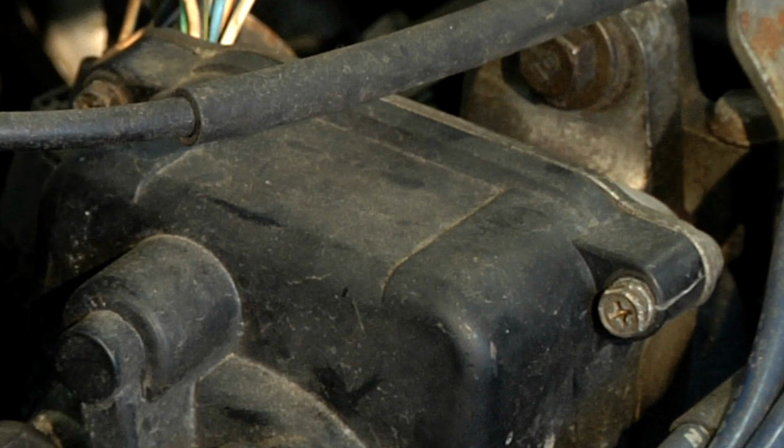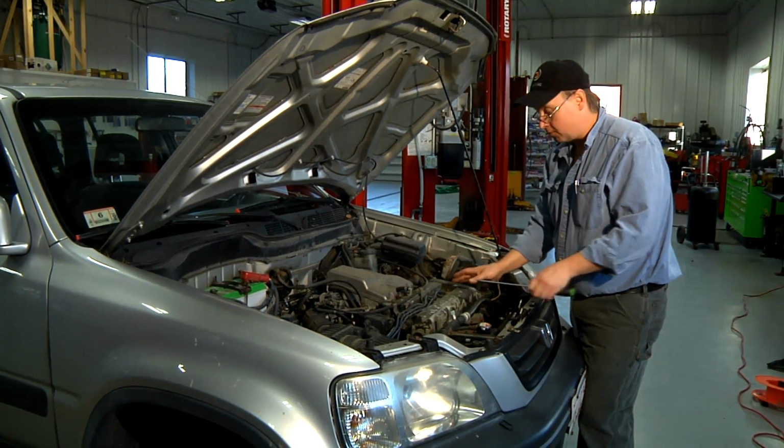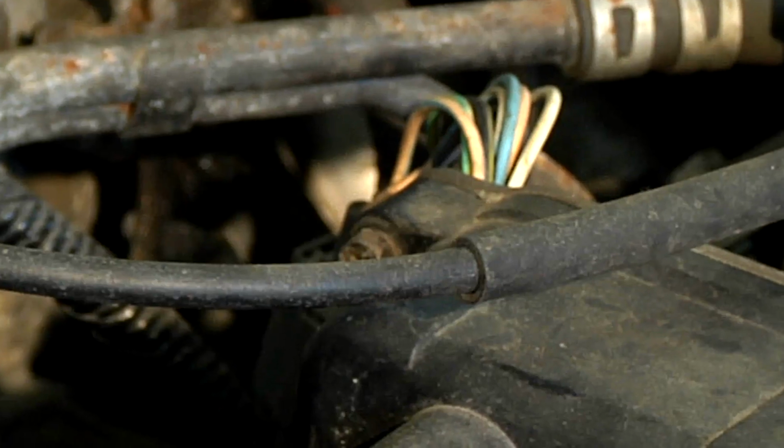If this car was unable to start and I needed to know if it had ignition, I would have someone turn the engine over while I was checking for spark. And that's how we'll check this